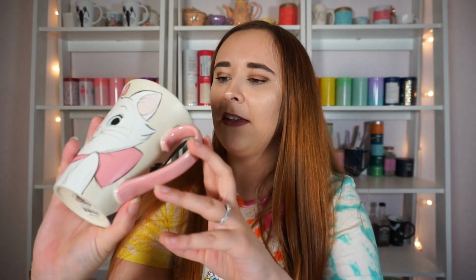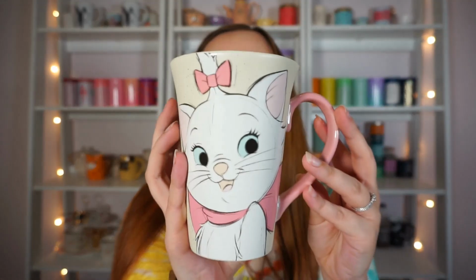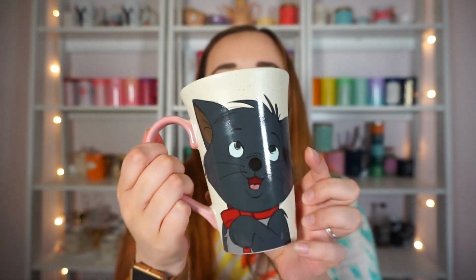So let's move on to, I have two that are miscellaneous that don't really fit in with other categories. This one is Aristocats, and it's really big too. I feel like this would be awesome for coffee. A lot of these mugs I don't use, I just display them, but I should really start using this one because it's so cute. It has Marie on this side, and then I can't remember, I think this is Berlioz,